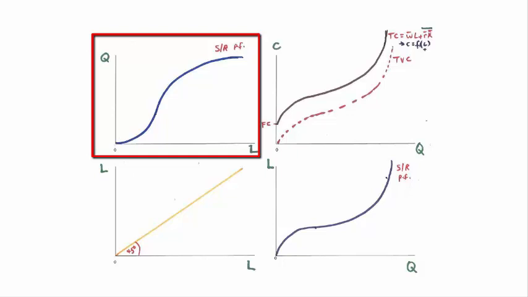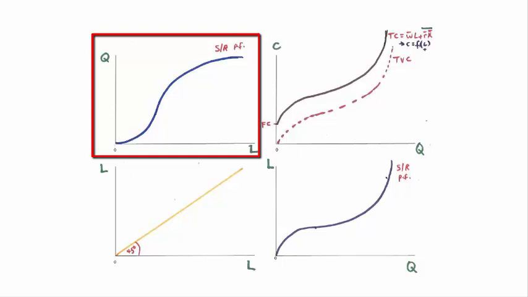The short-run production function is usually defined for output as a function of labor. For the multivariate function, Q equals a function of L and K, we want to hold the level of capital fixed and vary the level of labor. And this will be our working definition of the short-run production. The production function we have in quadrant number 1,